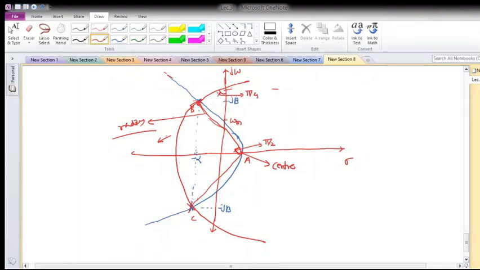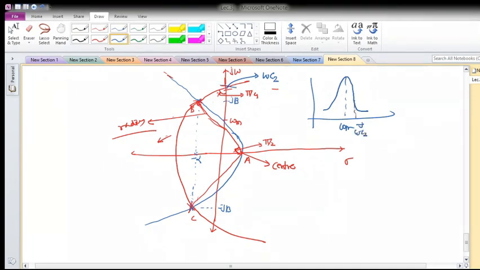Wherever it cuts on the j omega axis, that is your cutoff frequency or half power point frequency. But it will not be the first cutoff frequency, it will be omega c2, because in a band pass filter, this is my omega m, and after omega m I should get omega c2. So this is the second half power point, which is omega c2.